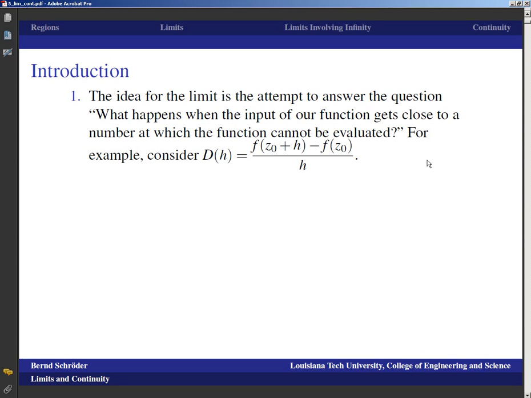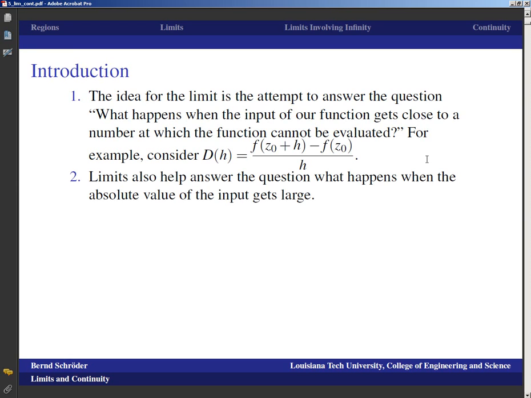formal foundation, was put forward by Weierstrass and Cauchy, depending on whether you want to listen to the Germans, who credit Weierstrass with the invention of the limit, or whether you want to listen to the French, who credit Cauchy with the invention of the limit. Okay, well, both these men obviously were brilliant, and I think there were a lot of parallel developments there, and I would have no problem crediting both of them with the idea. Okay, well, so